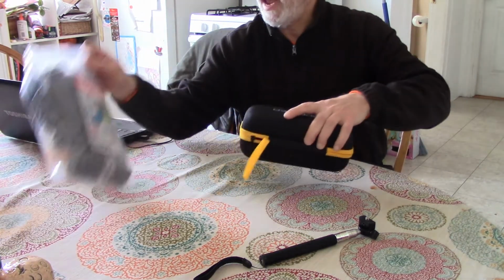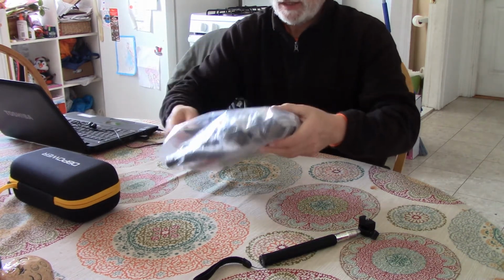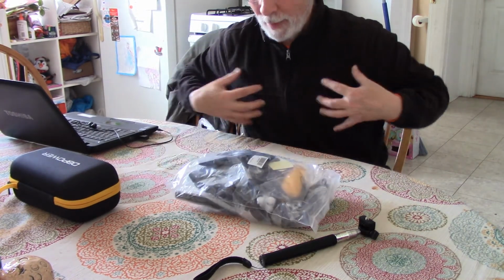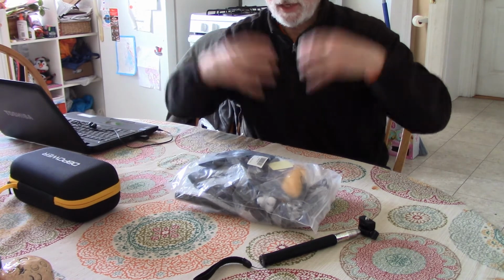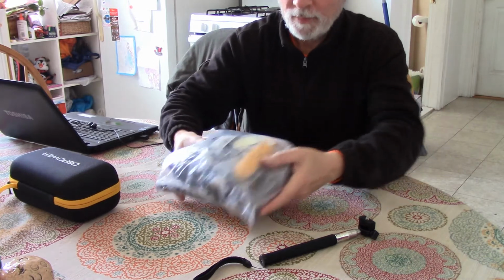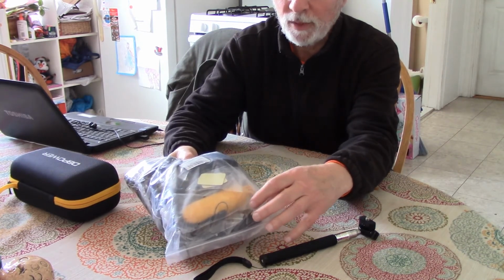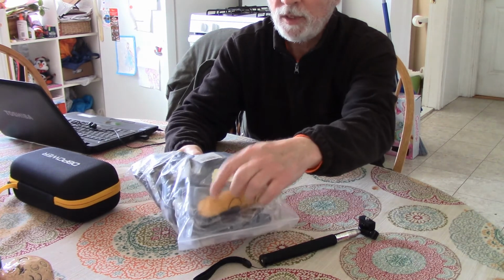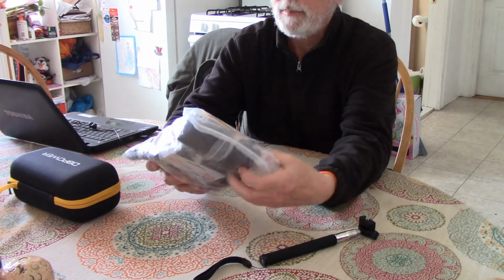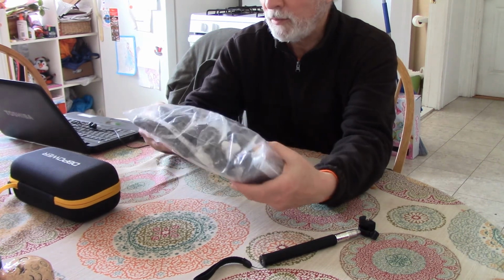And then I bought a bag of accessories for I think it was $26. Got all kinds of accessories in here. A mount, a harness to wear on your chest, thing to wear on a helmet or on your head. This little yellow buoy here is for when I take it in the water. If I should lose grip on the camera and it floats away, this thing will keep it afloat. It's a little buoy. And just a dashboard mount and